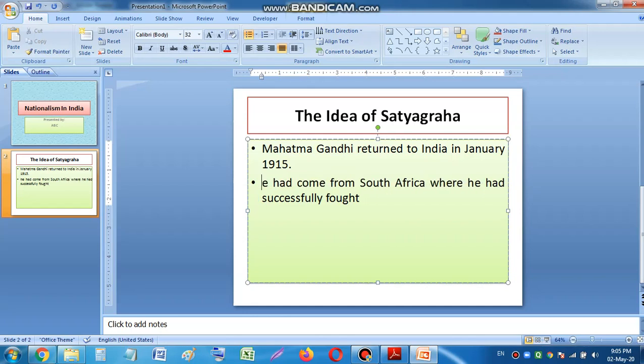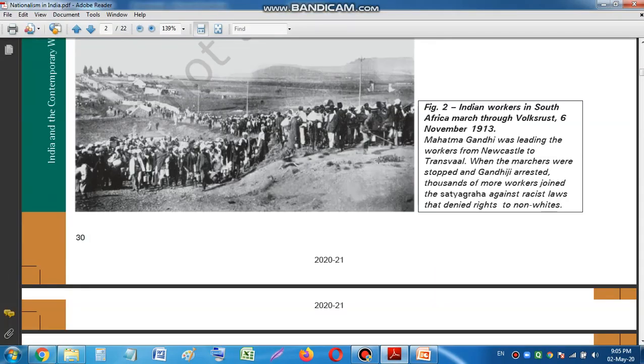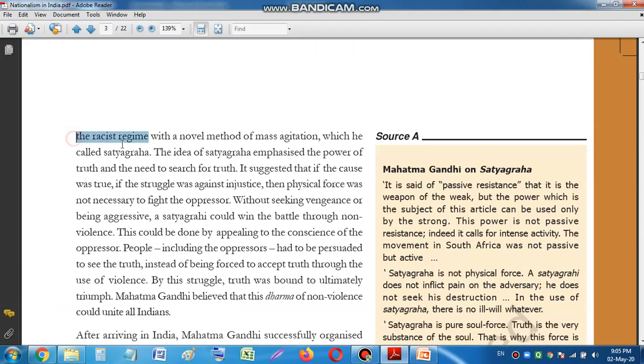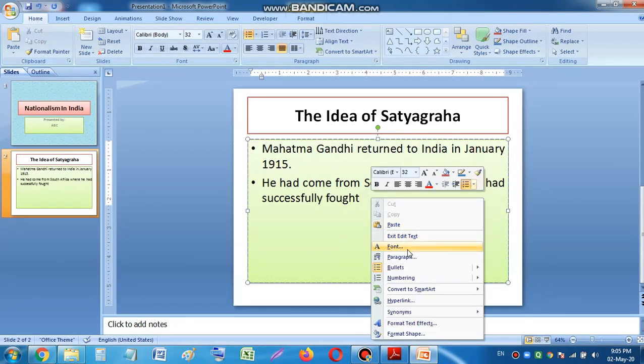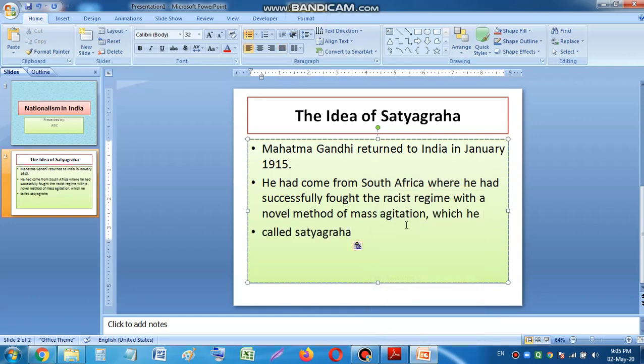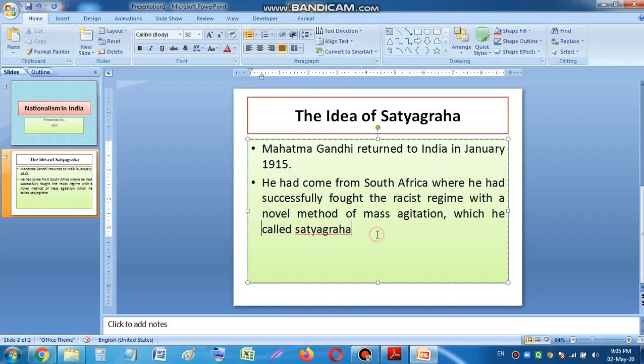So I'm going to delete it because these are only bookish words. He had come from South Africa, from where he had successfully fought. Then again I am going to open the PDF copy, and want to copy up to here, suppose like this. Copy, open PowerPoint and space, right click and paste. So over here, right click so that it changes into another point. So I am pressing the backspace key so that it will move to that line, and then again I am pressing space and then justify. You can see the lines have been justified, full stop.